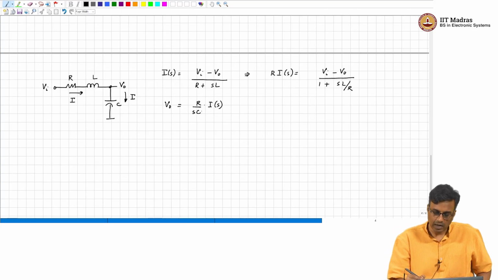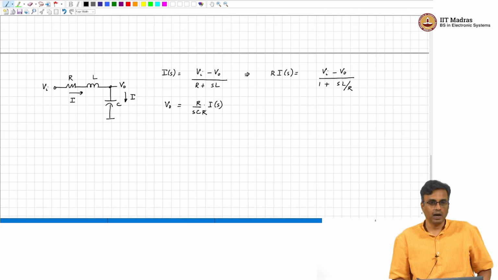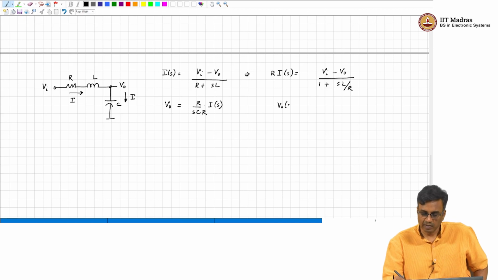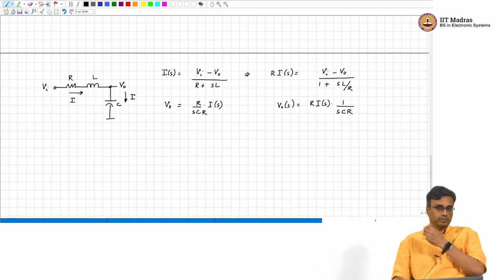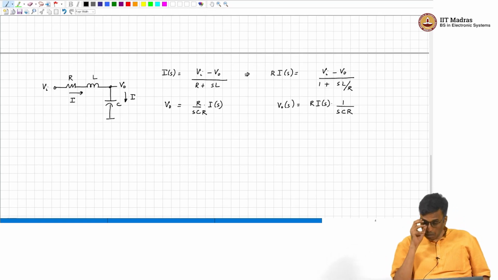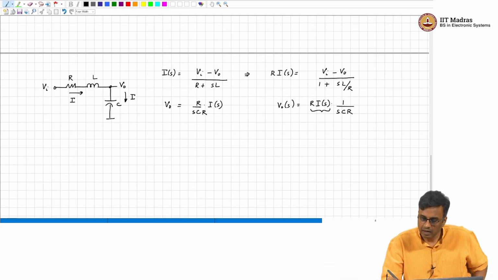So, if I multiply by R and divide by R, Vo of s is nothing but IR of s times 1 over SCL. Okay. So, now if I call this IR Vx of s,